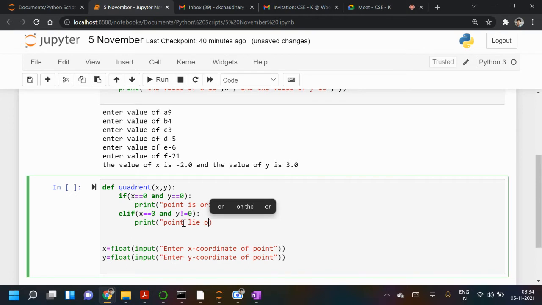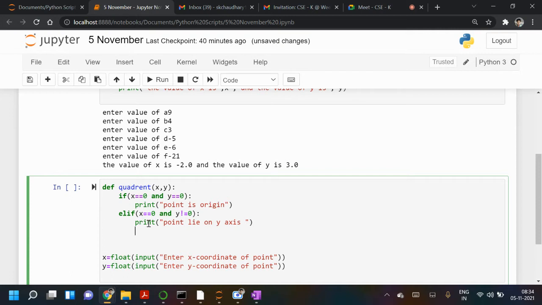Point lie on, so if x is 0 and y is not 0, point lie on y axis. So you say x is not 0 and y is 0.